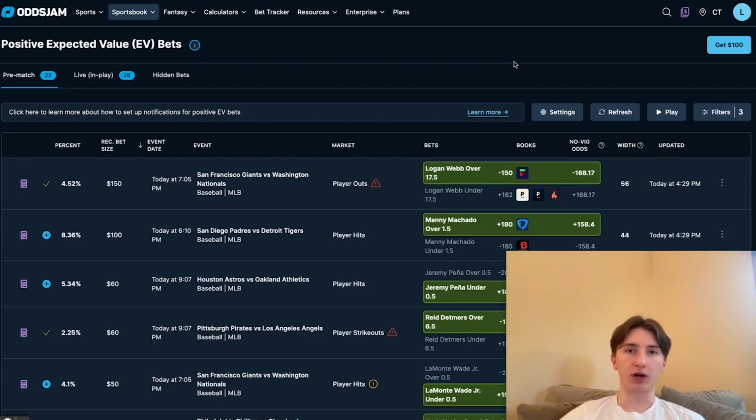Another way to look at what I was just saying is to think of sportsbooks as serving two different purposes. Obviously, the primary purpose of a sportsbook that you're probably used to is to place bets and try to win money. But the other purpose of a sportsbook is as a data point.